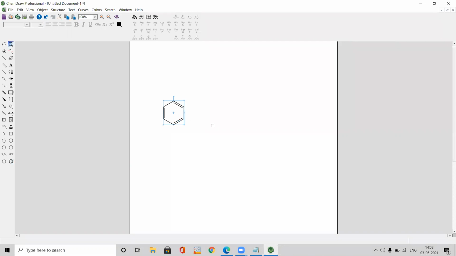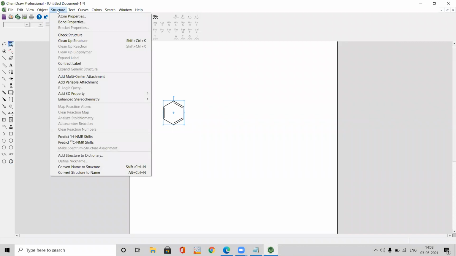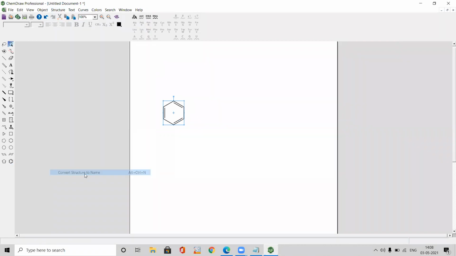Now if I select this benzene ring, I want to name it. Let's see whether it will give the name or not. Click on the structure drop down menu. At last you will see convert structure to name. So it has given benzene as the name of this molecule.